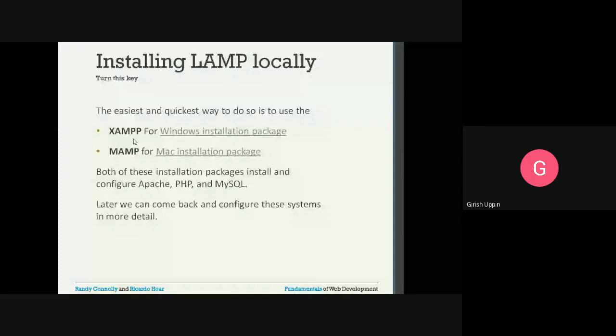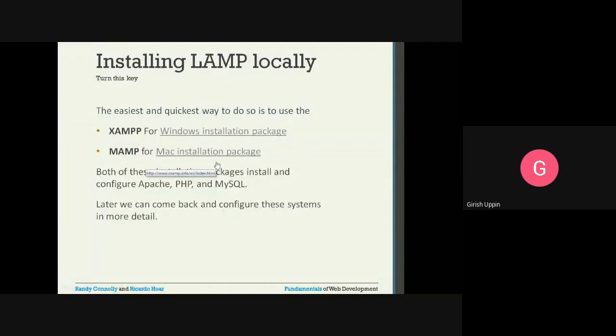If that test page is seen, your installation is complete. This installation is very simple. You need not worry. Just go to that website and download, and there are no major configuration issues. You can follow simple steps. We have XAMPP for Windows servers and MAMP for the Mac installation package.